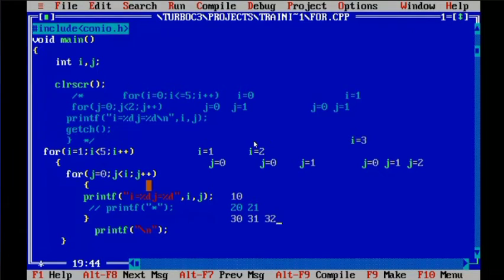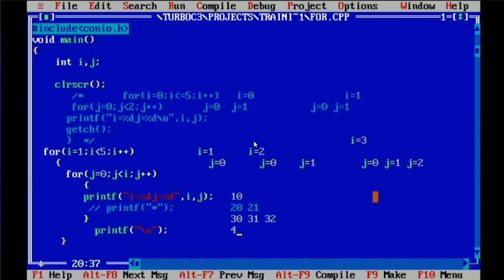j will become 3. i is 3, 3 is not less than 3, so the j loop will be terminating. Again control will come to this line, which means it will go to the next line. Is this completely understandable? Please tell me yes or no. i value will become 4. I am not writing now, a lot of time is going, but I will be happy if it is 100% clear for all of you. i will be 4.